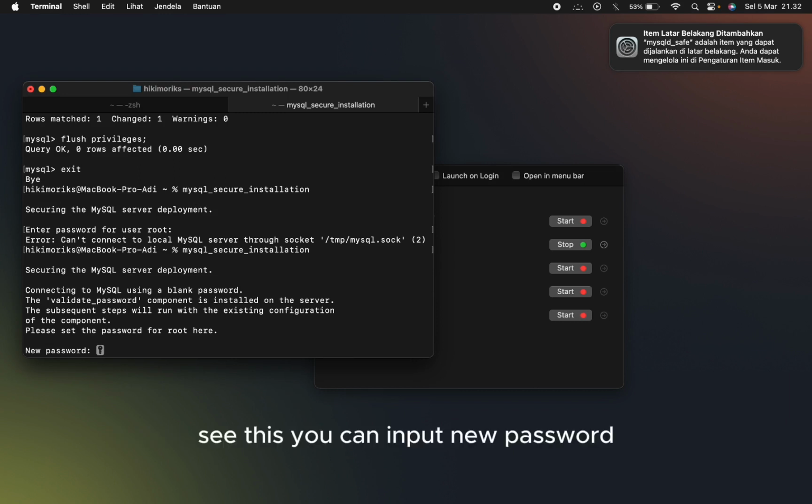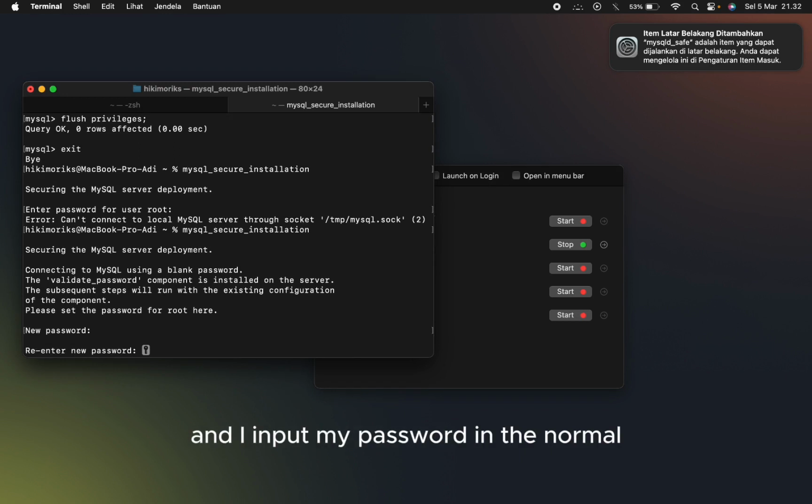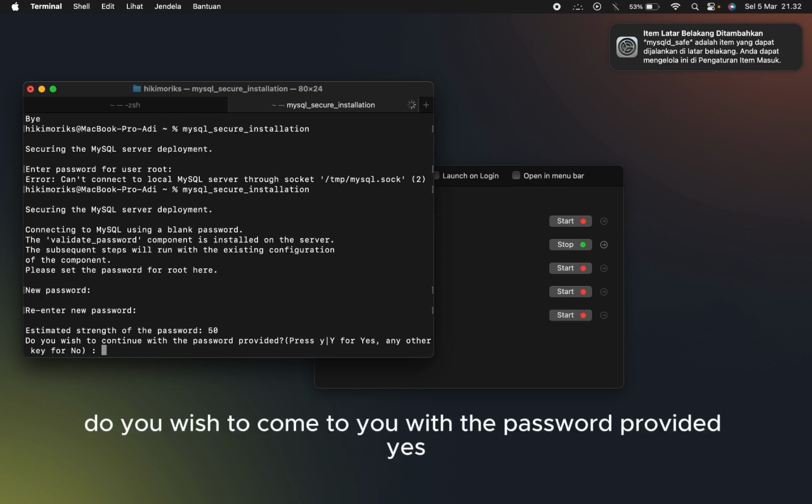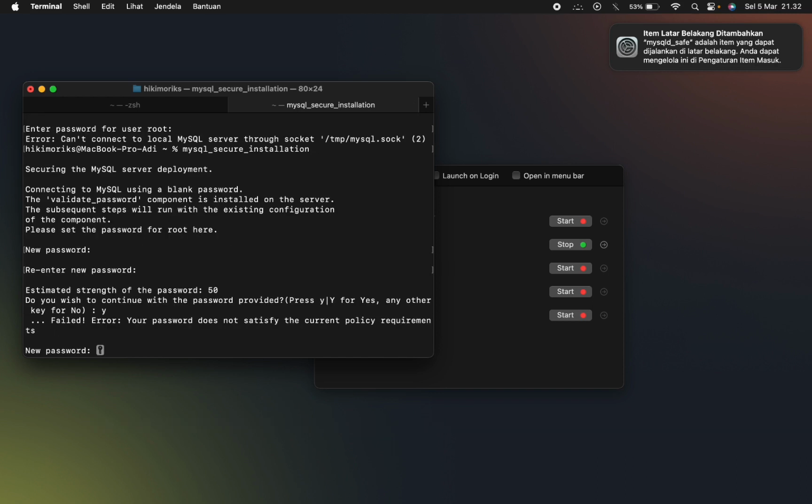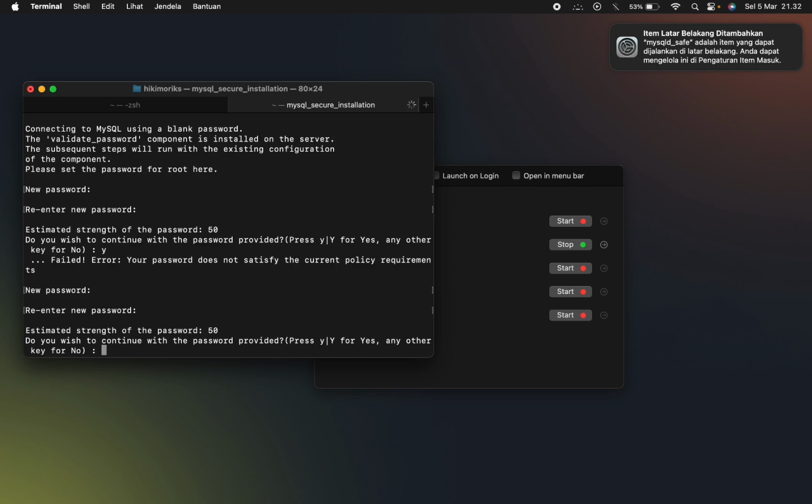You can input a new password, and I input my password and re-enter my password. Do you wish to continue with the password provided? Yes. Your password does not satisfy the current policy requirement.